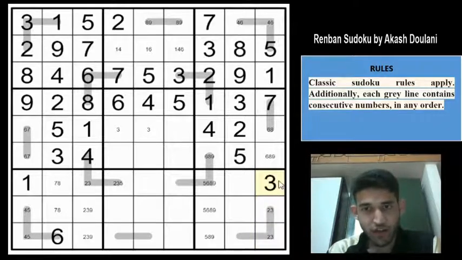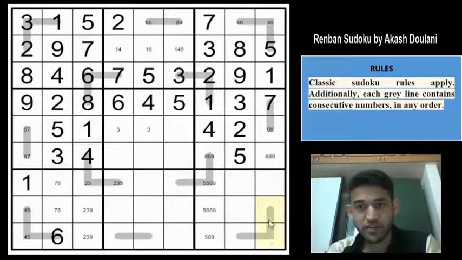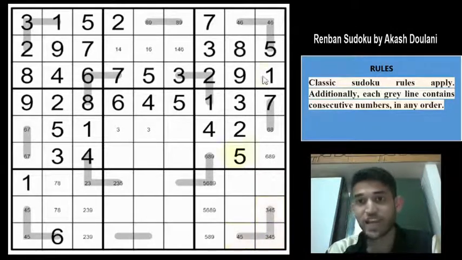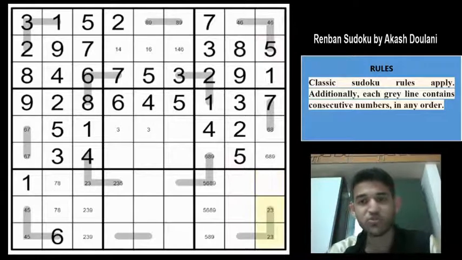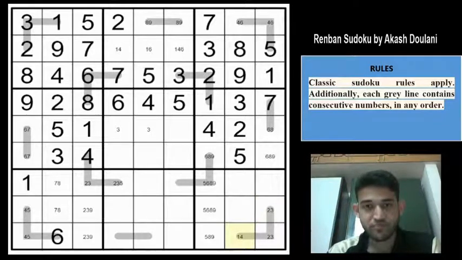You can't. If you have a 3 here, then 2 must be in these two cells and you again need a 3 to make the Renban line valid. So which means 3 can't be here. So 3 must be going into these two cells. Can you have a 2 here? If you have a 2, then this Renban line must be 3, 4 and 5. But you can't have a 5 in those 3 cells. Beautiful. So which means that both 2 and 3 is not possible here and this must be a 2 or a 3. Great deduction. Amazing deduction. So since you have a 2, 3 here, this must be a 1 or a 4.